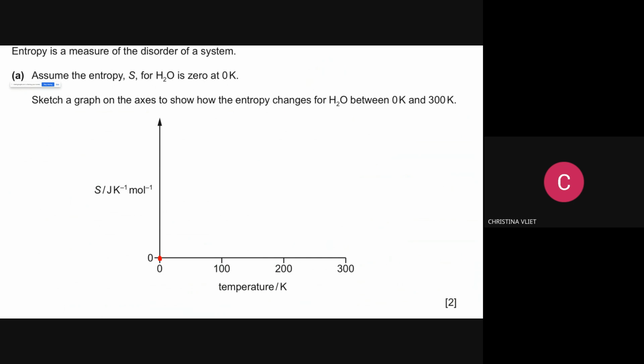Let's think about it. How would the entropy change for water? Would you first have to figure out its melting point, perhaps, and its boiling point to find its phase changes? What's the melting point of water? Is that something that Cambridge assumes that you know? It's 0 degrees Celsius if you didn't know. And what would the boiling point of water be? 100 degrees Celsius? Yes, that's what the Celsius scale is based off of.